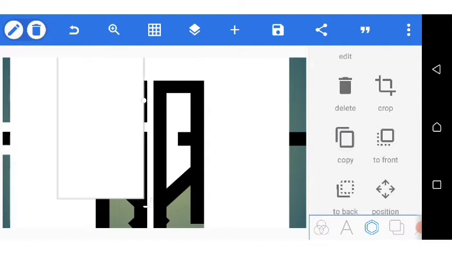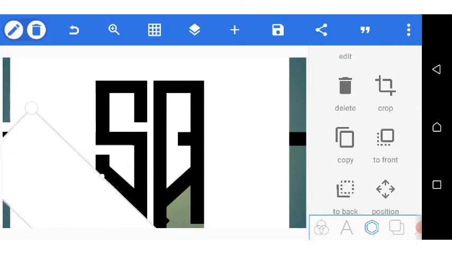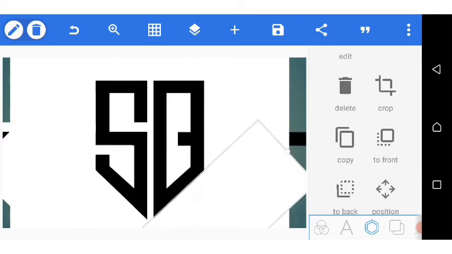Copy again and rotate something like this. I bring this here, then copy, rotate, I bring this here. Beautiful. We skipped something which we can still add here, so I'm just going to go over here and copy it,